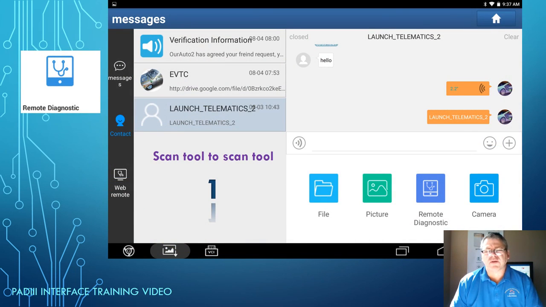First thing I'll talk about is the scanner to scanner. For scanner to scanner, you just enter this area where your friends are. The messaging and contacts are in this area. So like before, you could contact the other scanner. You can add him as a contact and then send him a message. And by simply hitting the positive area here,